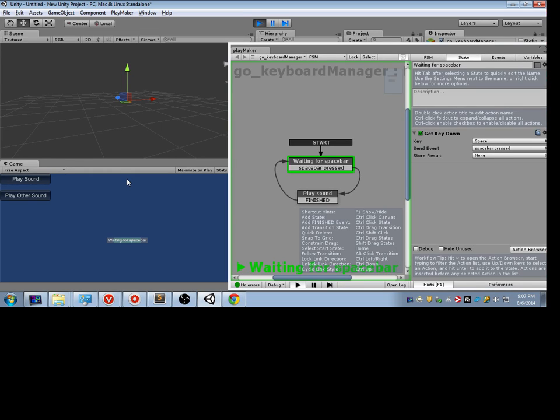Oh, you know what it is? It's playing the sound from wherever this object is. Which means that wherever you put this object, it's not following the player. So let me show you how to fix this. So go ahead and